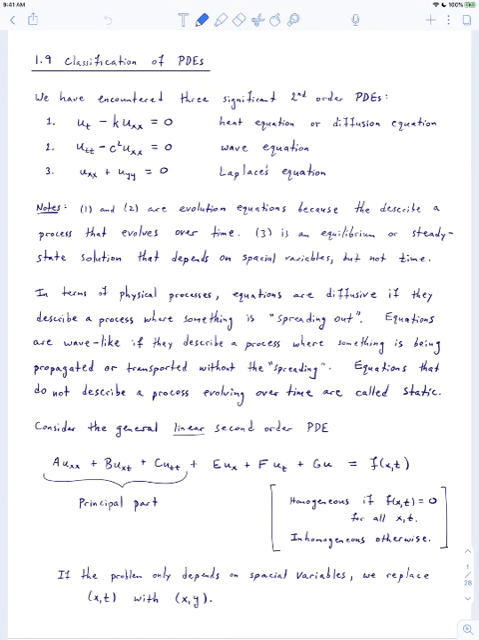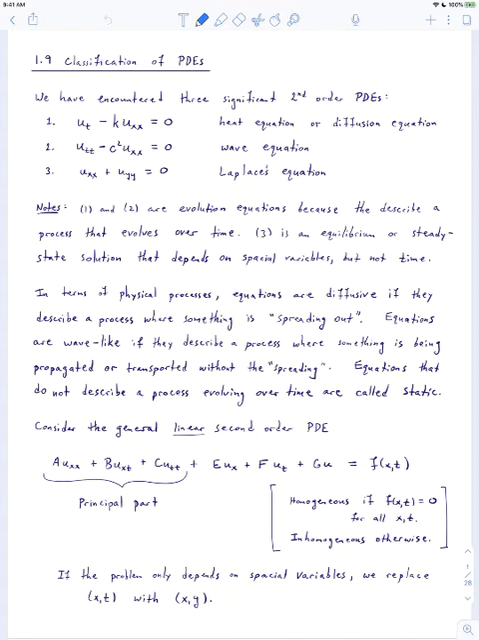In this video, we'll talk through the notes for section 1.9, which is called Classification of PDEs. So far, we have encountered three significant second-order partial differential equations that are important in the study of physics and other subjects. The first one is the heat equation, or more generally, the diffusion equation, which is u sub t